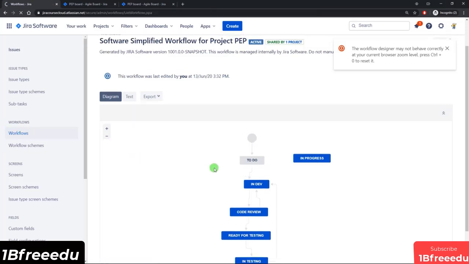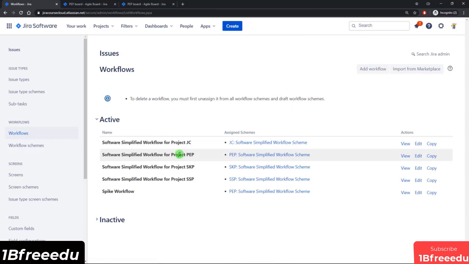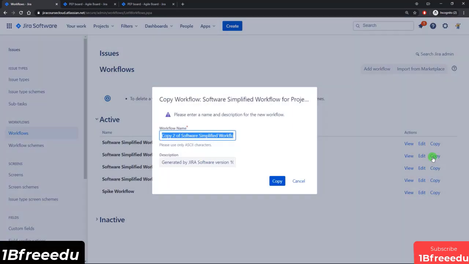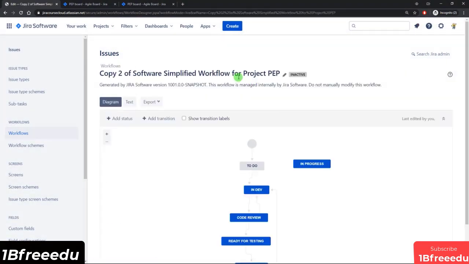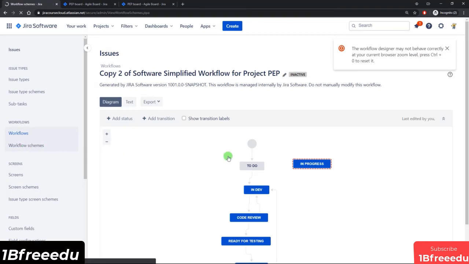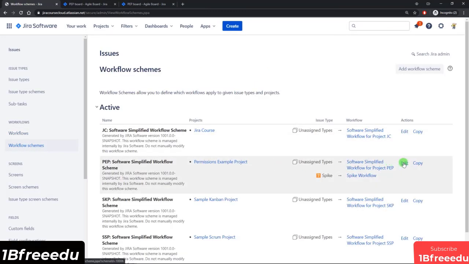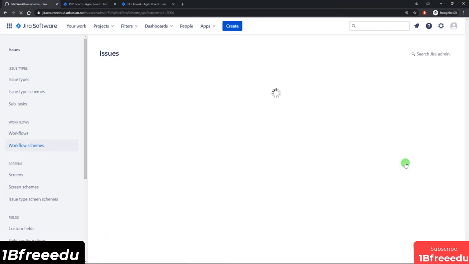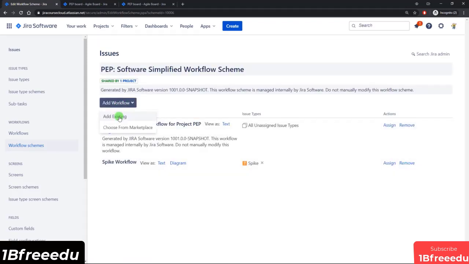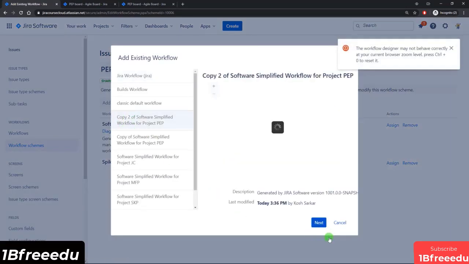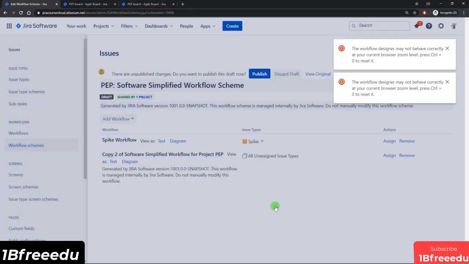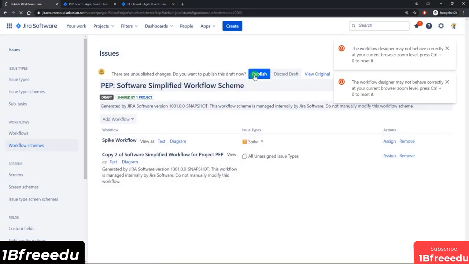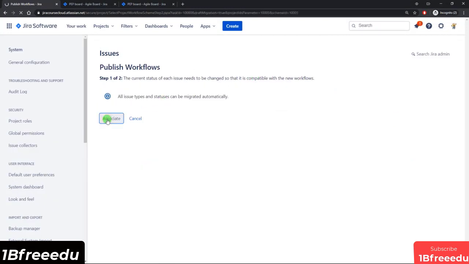So first, let's go to the workflows page. Let's create another copy of this. I'll call it copy 2, copy number 2, that's fine. Okay, so that is created, it's inactive. Let's go to the workflow scheme. Let's edit the workflow scheme. And I want to add existing copy number 2. Next, all unassigned issue types, finish, and then publish. Associate,